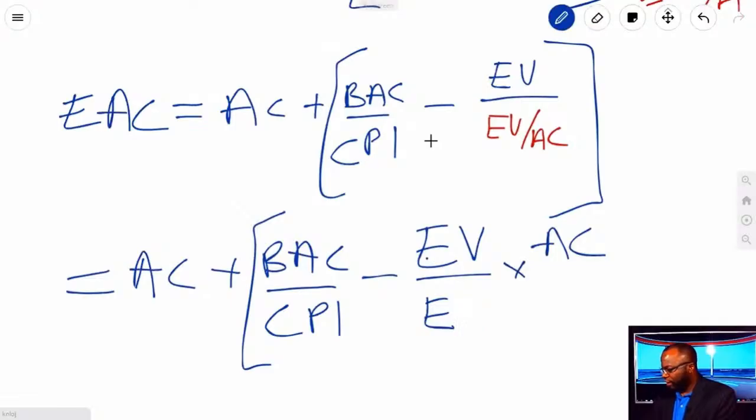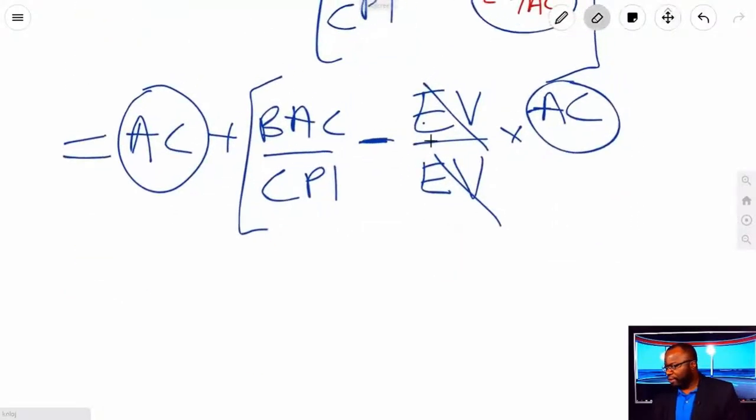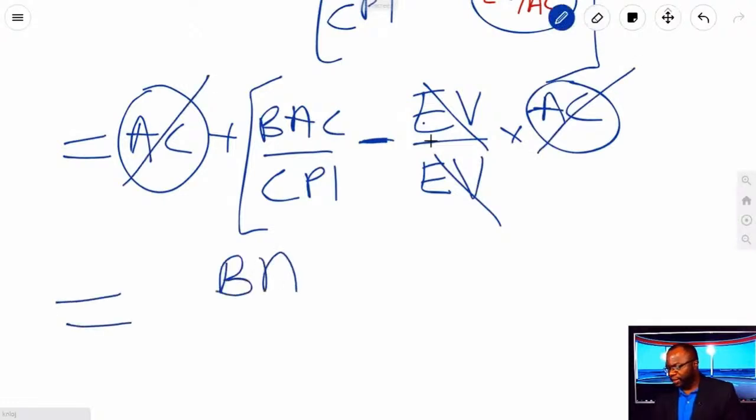EV, I meant. EV. So you're really going to have EV divided by EV times AC. That is really what this becomes. Because remember, the CPI is at the bottom. This right here is CPI. But because it's at the bottom, we're going to end up flipping it such that this cancels this. And at the end of the day, we have a minus AC and a plus AC. Well, you probably figured out those are going to cancel, and we're going to be left with BAC divided by